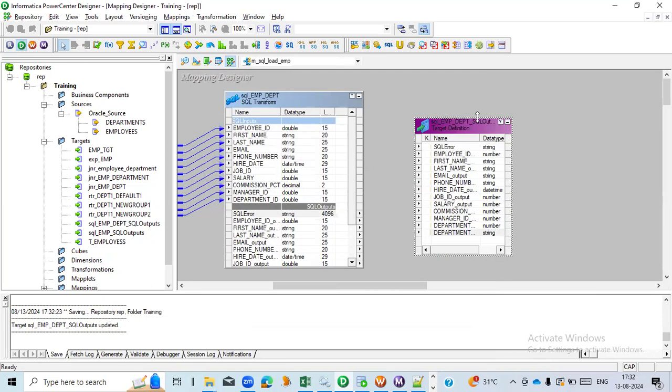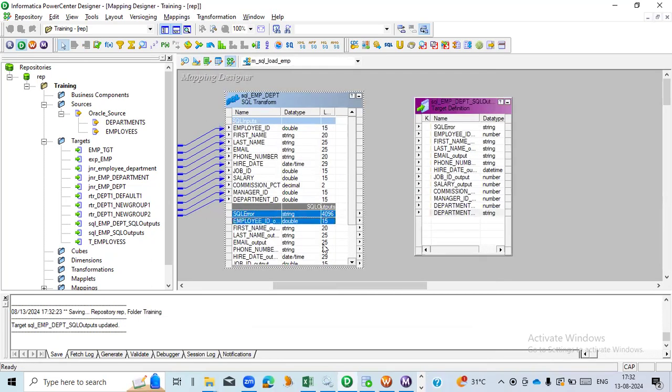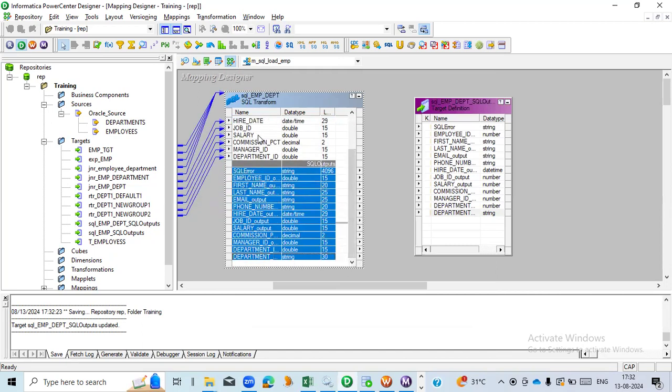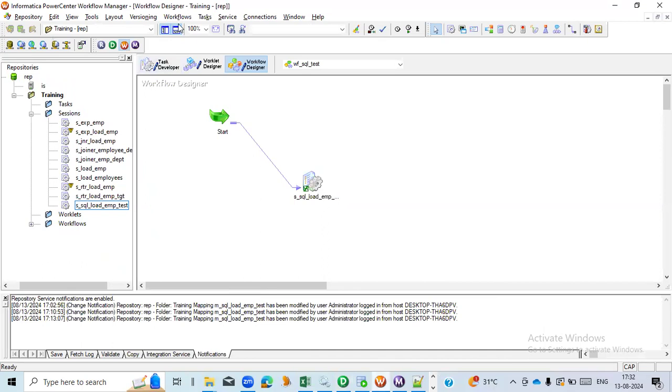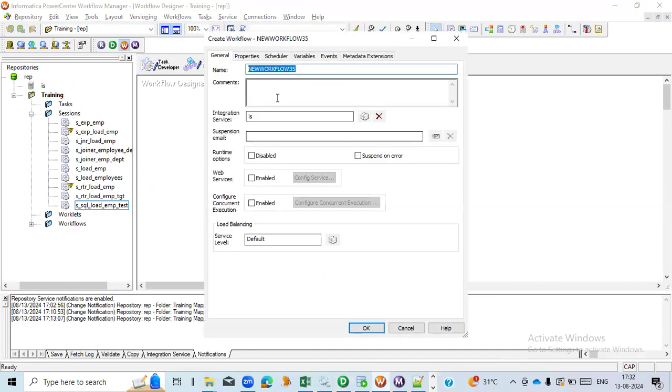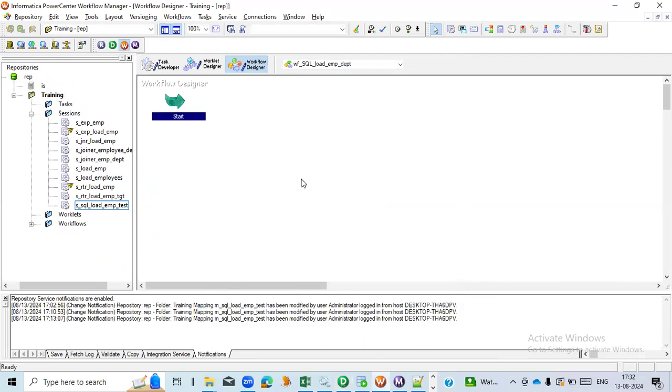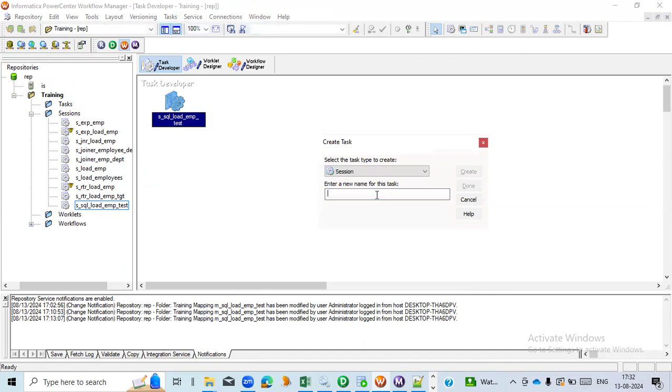Go to the mappings tab again. Select all the output ports above our inputs and below our output ports. Connect them. It is connected. Save the mapping. Go to the workflow manager, create the new workflow for this, workflow SQL load EMP, click on OK. Go to task developer, go to task, create session s_SQL_load